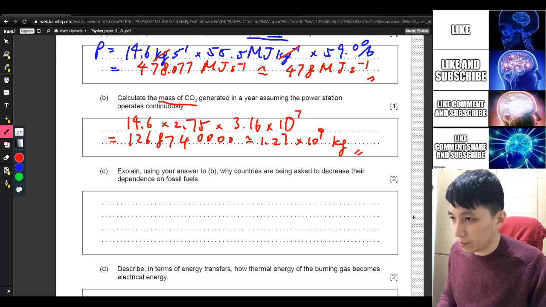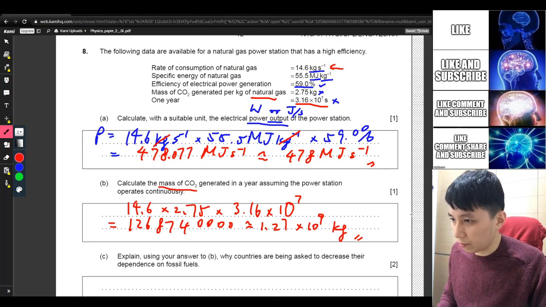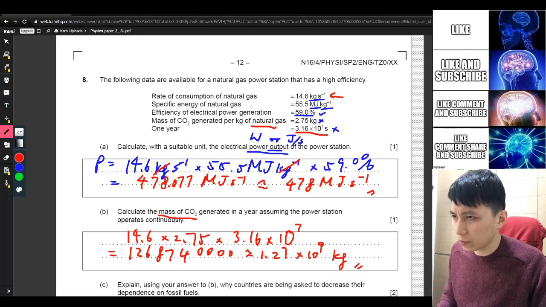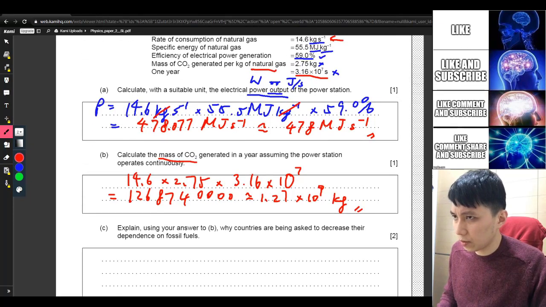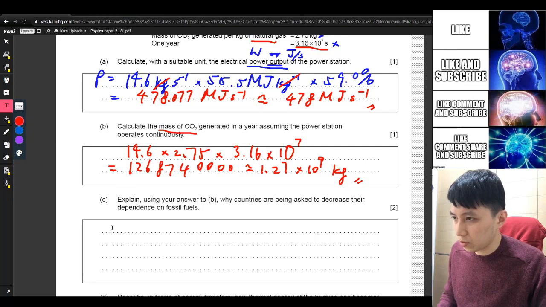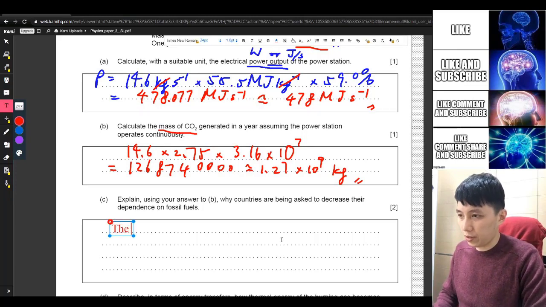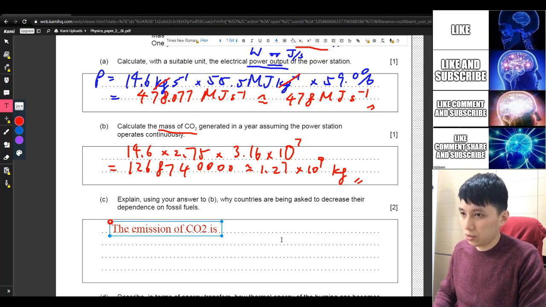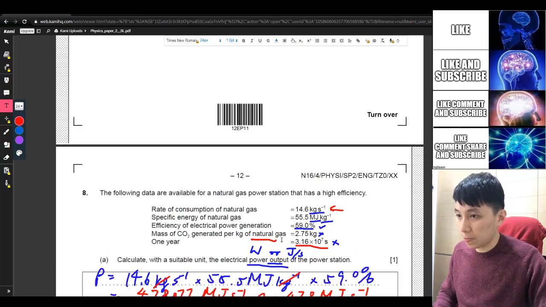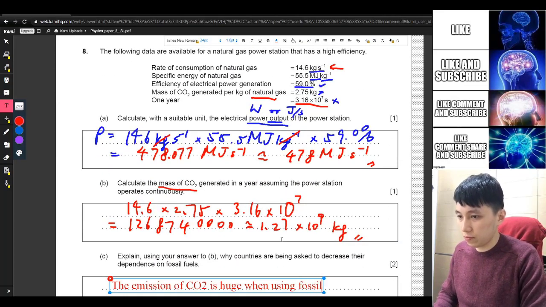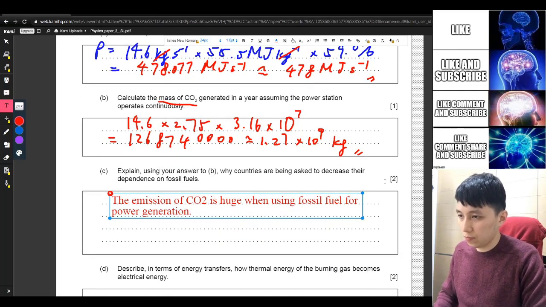Part C, using the answer in B(i), countries are being asked to decrease their dependence on fossil fuels, but these are natural gas. I think they are saying the same thing. So obviously the emission of CO2 is huge when using natural gas or fossil fuel for power generation. CO2 is